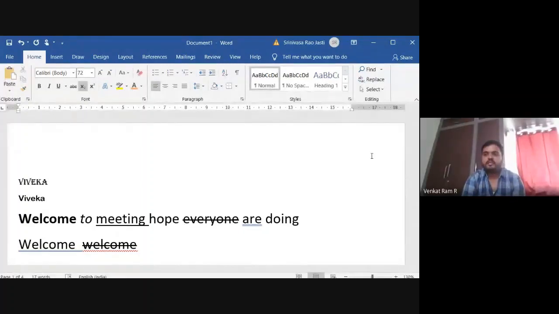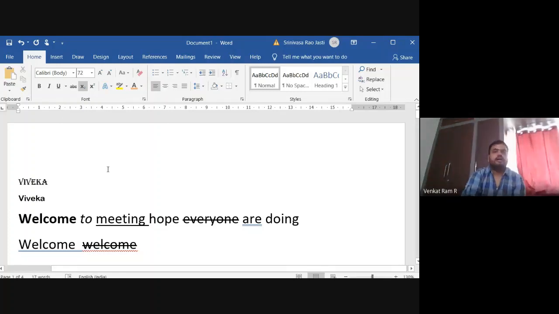Don't we have any manual option? For pages, yes, we have Control plus Enter, but automatically it will add. So there is no need of adding the pages. So this is called the font group.